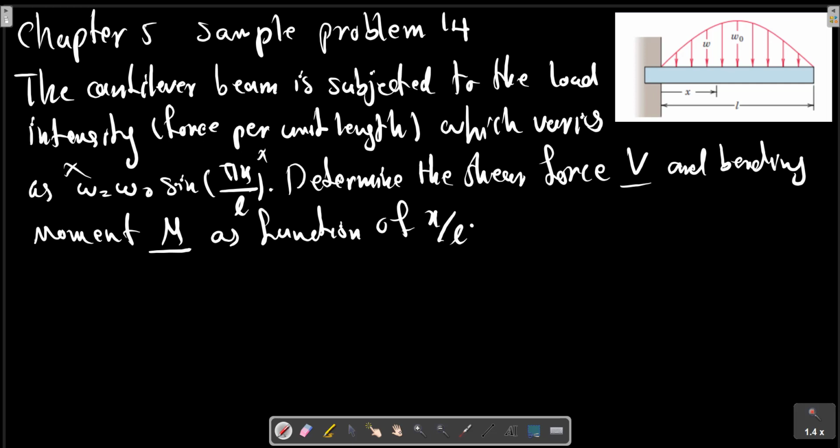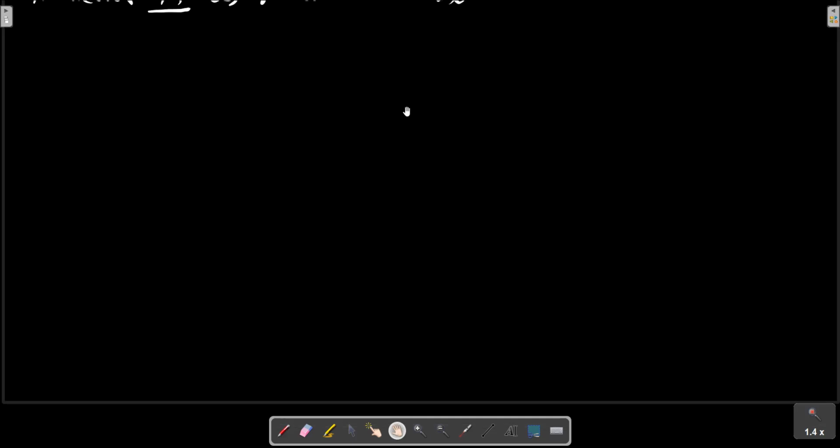At first, we should calculate the external forces at the support here. So, consider this picture for calculating the external forces as reaction forces. The reaction forces V0 and M0. Sigma F y equals 0, in the y direction V0 equals R, and R equals